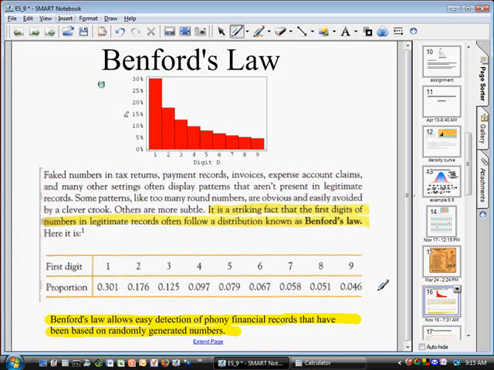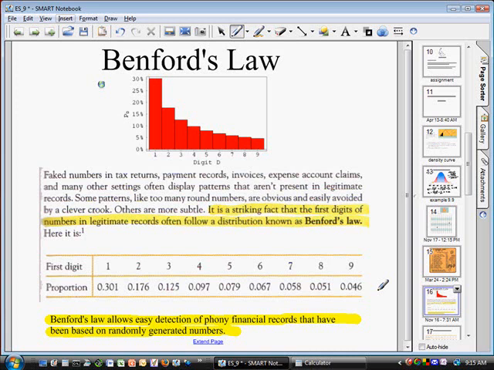Benford discovered what he called Benford's Law, and it's used to help spot fake numbers. Fake numbers, as in somebody wants to do some cheating and put some fake entries in an accounting book, or submits a fake check. Okay, well, Benford found out that when you use real things,